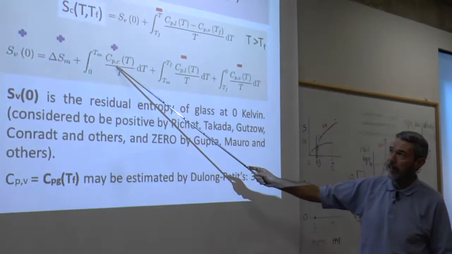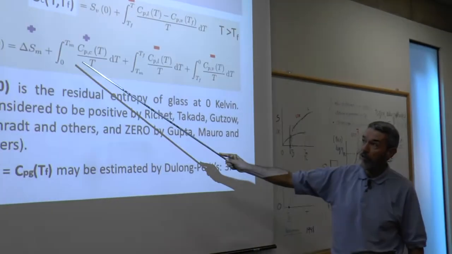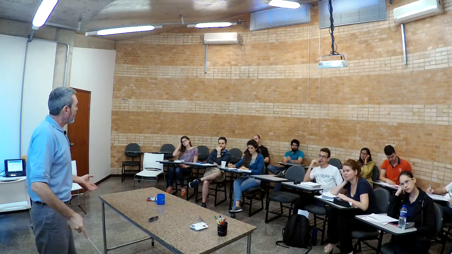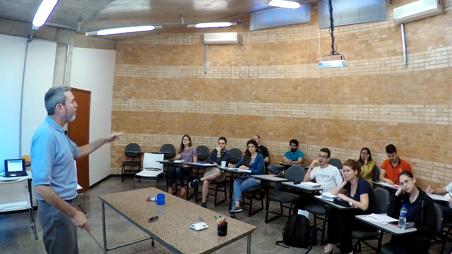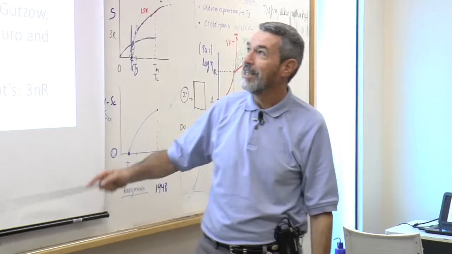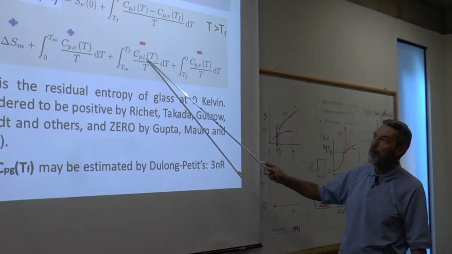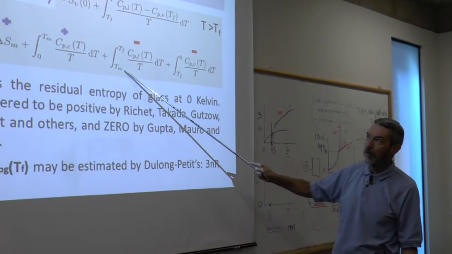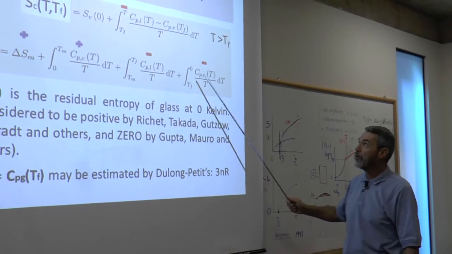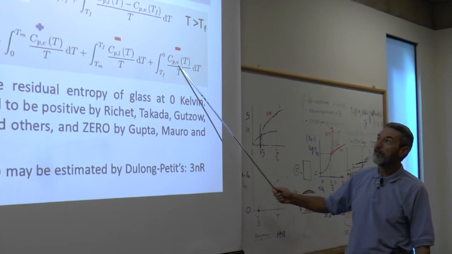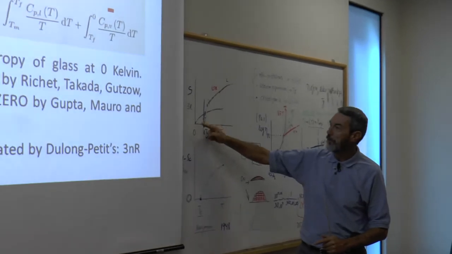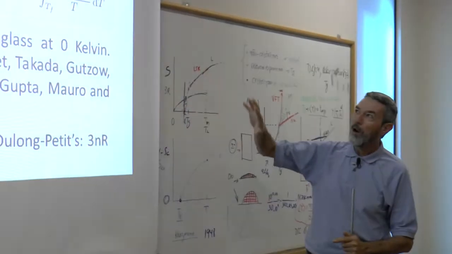You have to find the specific heat of the crystal from 0 to Tm. And if there is not enough data, you have somehow to interpolate the available data and get a curve for that. And then you need the CP of the supercooled liquid from the melting point down to the glass transition temperature. Also need the specific heat of the glass from TG down to 0. So we need all these